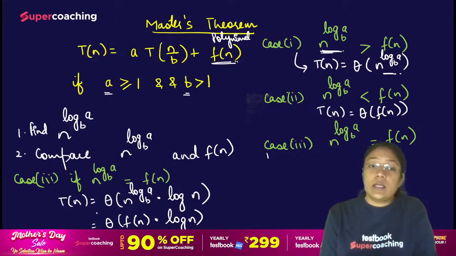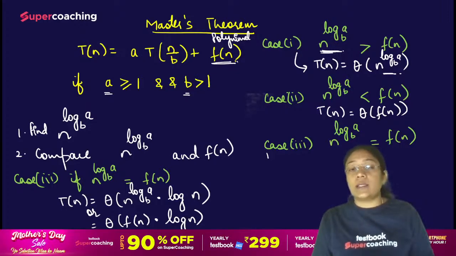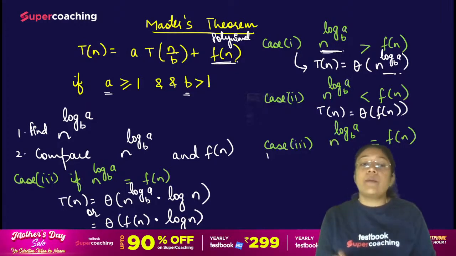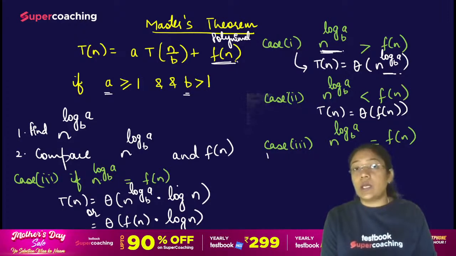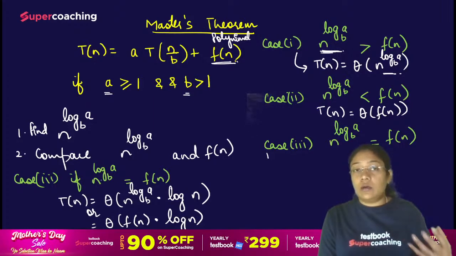Both will be returning the same time complexity. आप f of n की form में ले लो या n raised to power log a की form में ले लो, one and the same thing. Reason? Because anyhow both the functions are equal. Yes? But again, I'm telling you, I'm not going into the technical definition of the different cases of the Master's